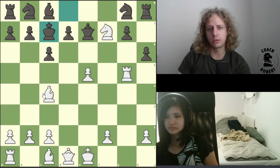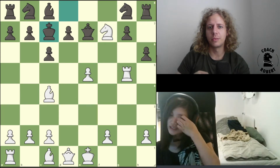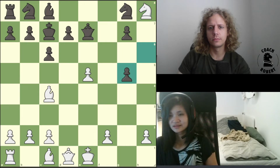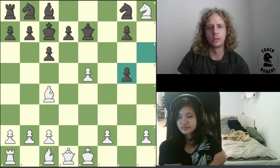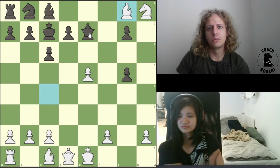The bishop is doing really well. Of course, that didn't change in that sequence we were looking at, so we can stop praising the other pieces. But you can see all of white's pieces are doing super well here. But in just one move, we put our knight in the corner and lose our active rook, and we don't gain any material. You could maybe get confused thinking, okay, I'm gonna win this knight here, but